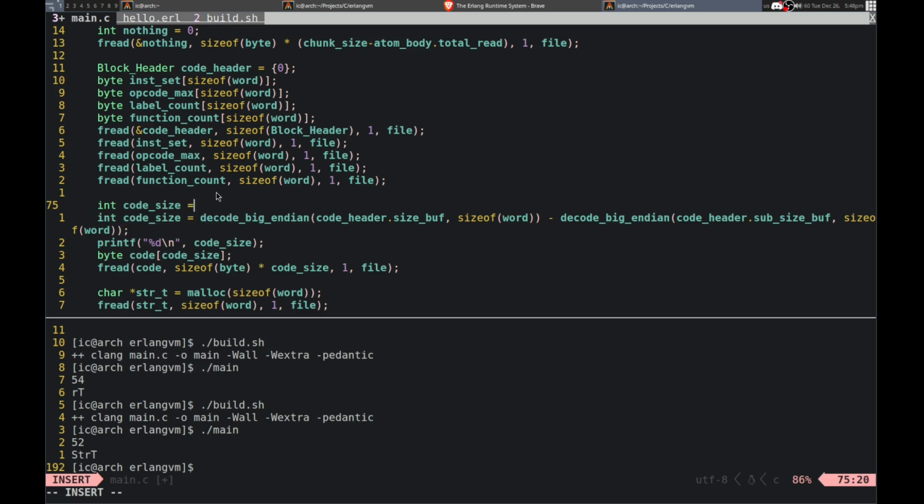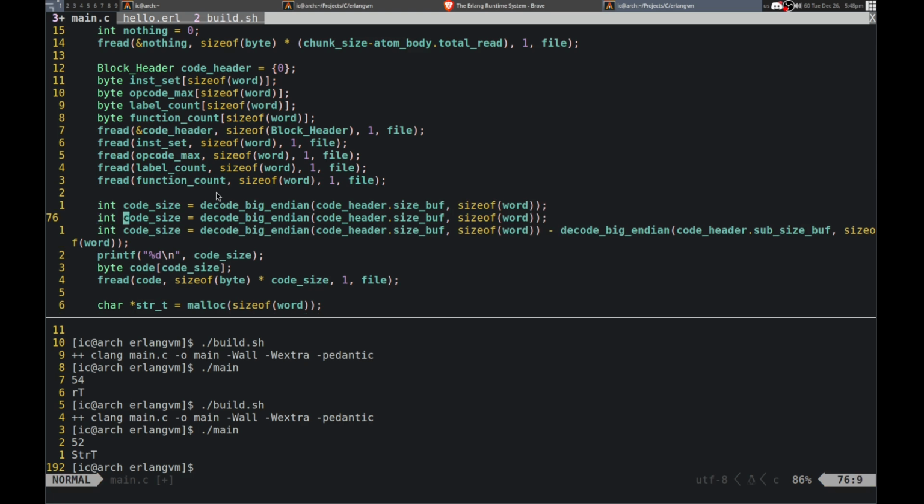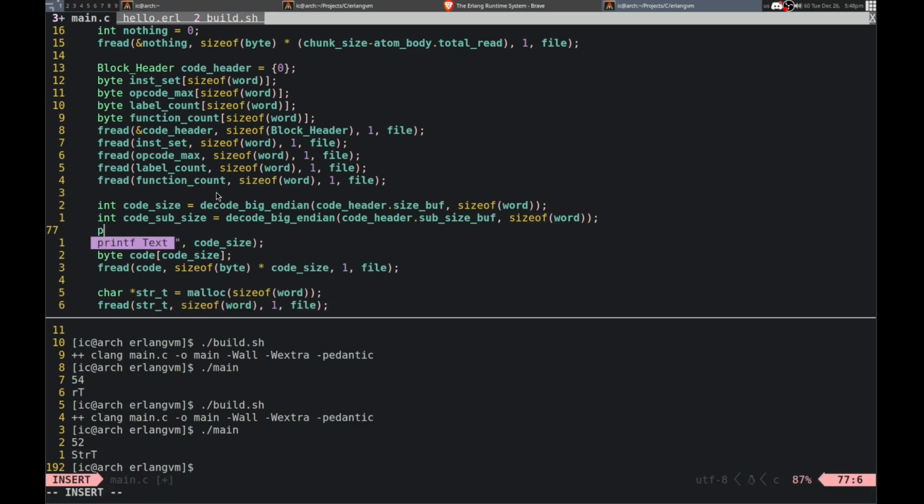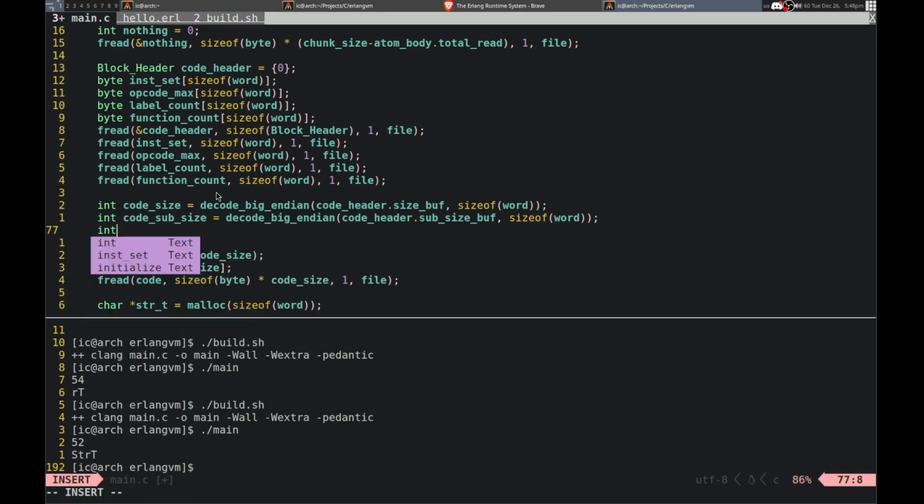Equal to code. Let's see. We need for each one. And then print, let me set codes up as well. Print them out.